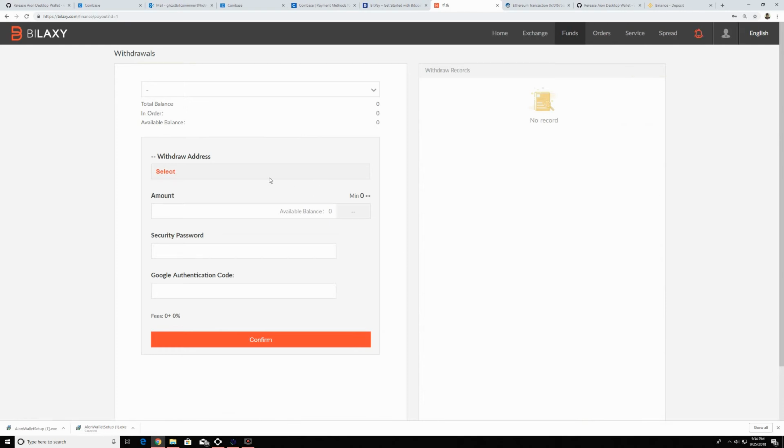Okay, so now since we have that, we're going to go ahead and click right here. I already saved it. That's a Cryptonator wallet. We're going to put pretty much the full amount, so we're going to put 0.6008, and then you're going to put your security password you created when you made your Bilaxy account, and then a Google authentication code, which is located on your phone or wherever you have that at, and I'm going to put that in there here